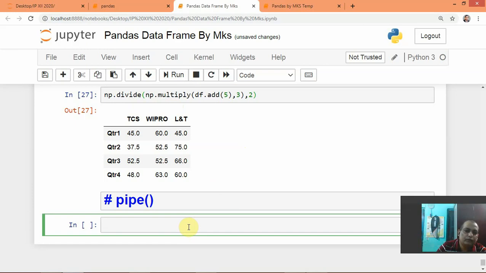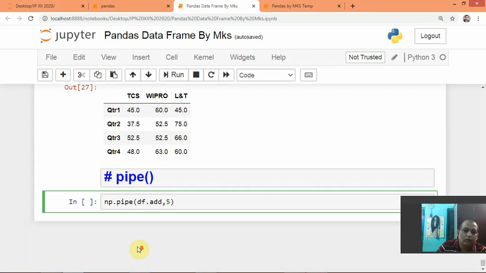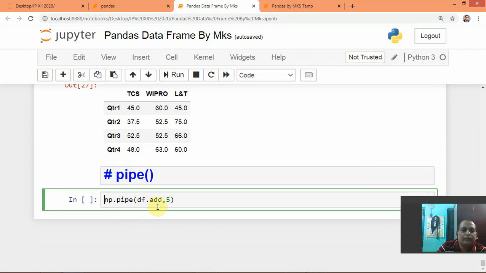So suppose we write here np dot pipe, and what we have done, we have done df dot add, and here we are adding 5 to each element. One thing we have to see here: when you are using pipe, the function will not take the argument in brackets, rather it will take the argument separately, with a comma.